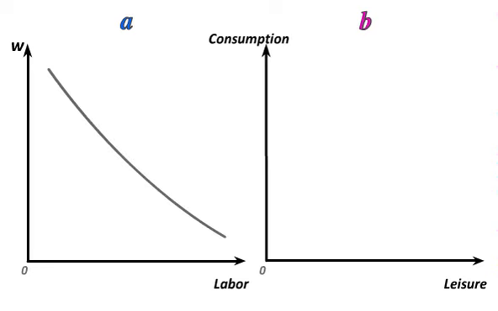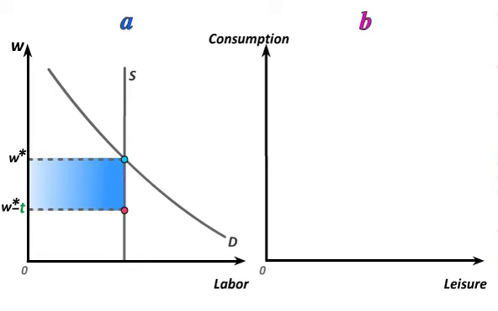We begin with a picture of the labor market, where we have a perfectly inelastic labor supply curve. We know from our previous work that a tax will always be disproportionately passed to the side of the market whose behavior is relatively more price inelastic. Here we have the case where the worker's behavior is perfectly wage inelastic, which means that the entire burden of the tax will be passed to workers. The take-home pay for a worker will therefore fall from the original equilibrium price W star to W star minus T when the tax T on labor is imposed.